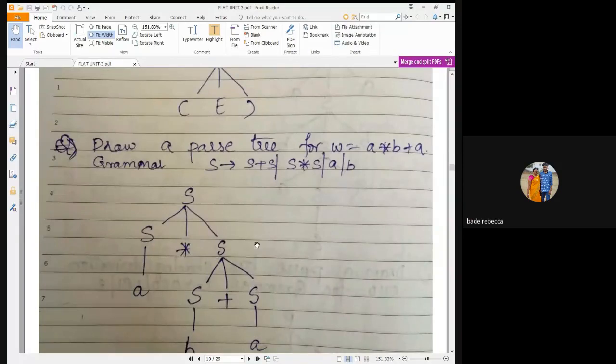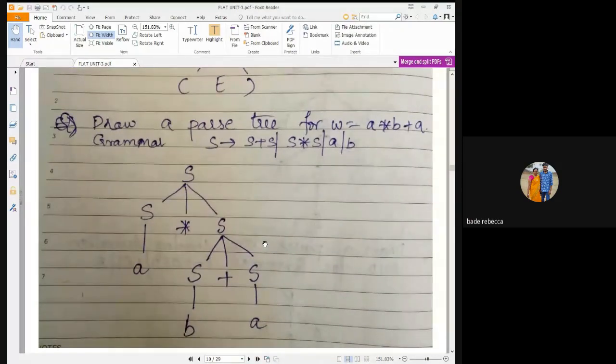For this grammar, did everyone get this one only, or any other parse tree? There is more than one solution, more than one parse tree, which we can get from this grammar. First I'll explain this one. If I'm replacing S with A here directly, this is one part of the solution, or else I can use S. Any more solutions?